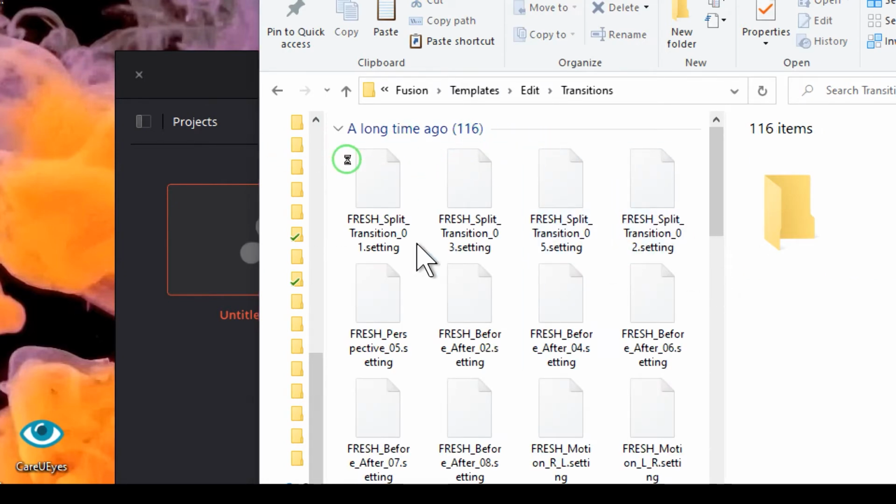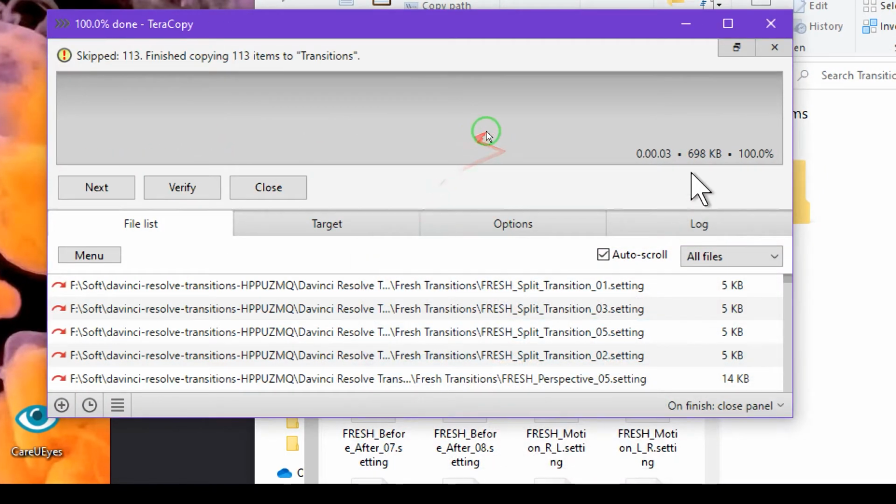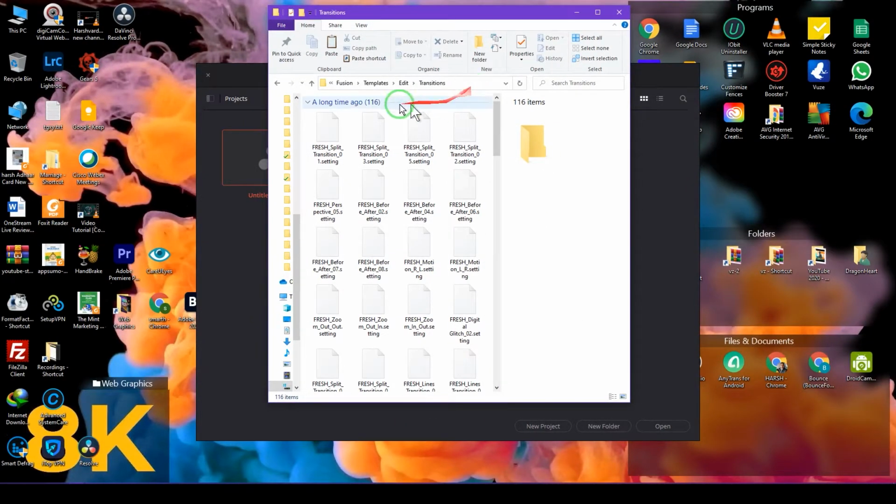I have already done this, so I'm not going to do it again. All right, so I have already copied these. Once you have copied all the transitions, this is the way of pasting the transitions in Windows.